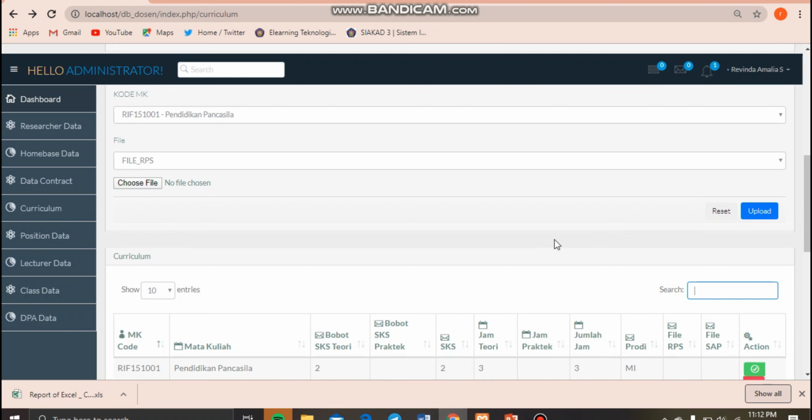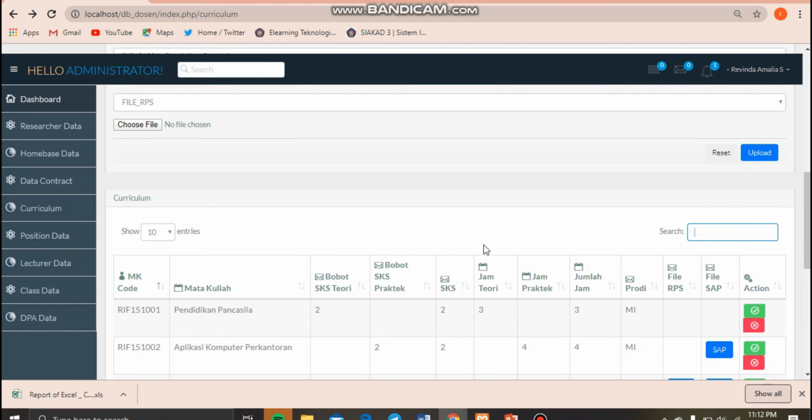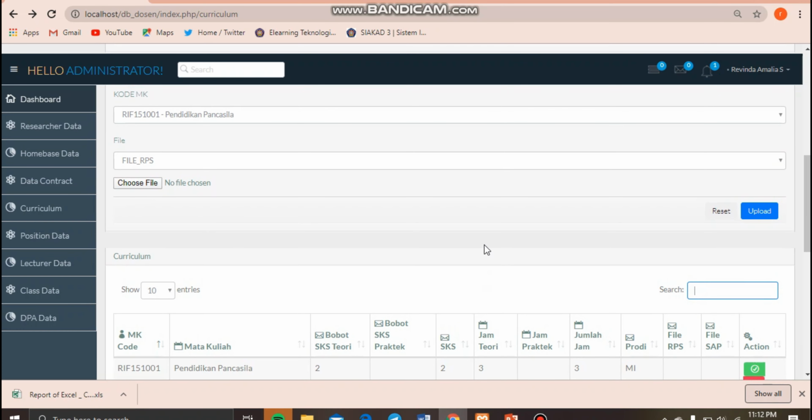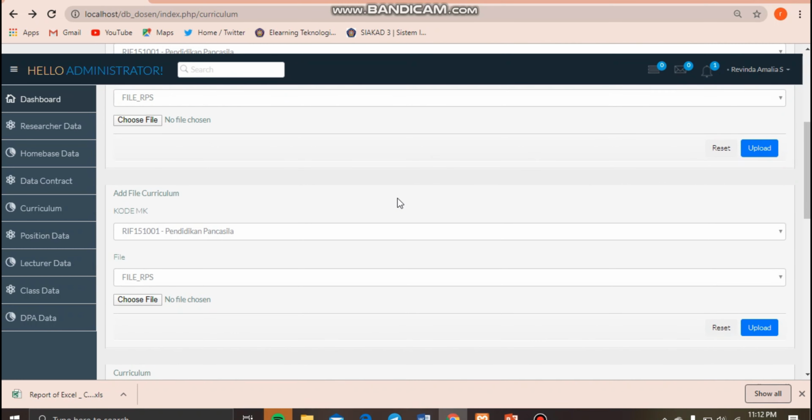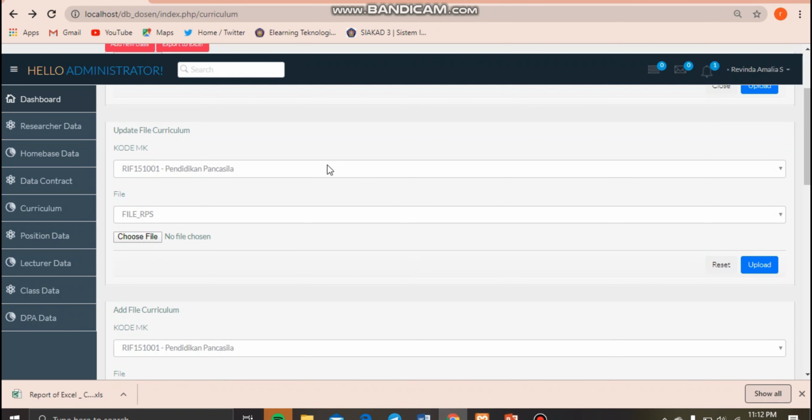Next, we upload the data. To upload data, we can use update data and add data. Here, I want to use update data to add RPS files in Pancasila. First, select the MK code and the course, then select the RPS file and choose the file.